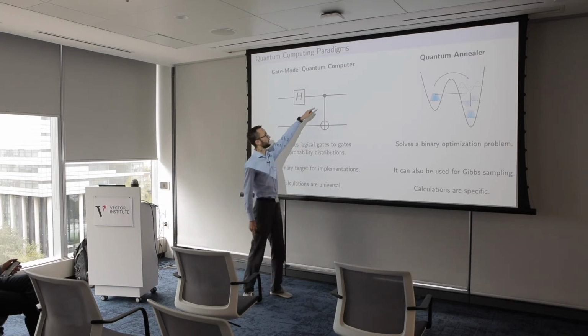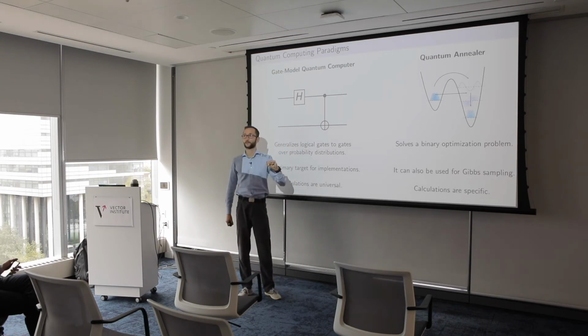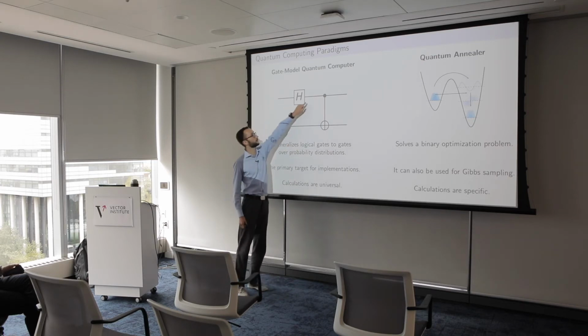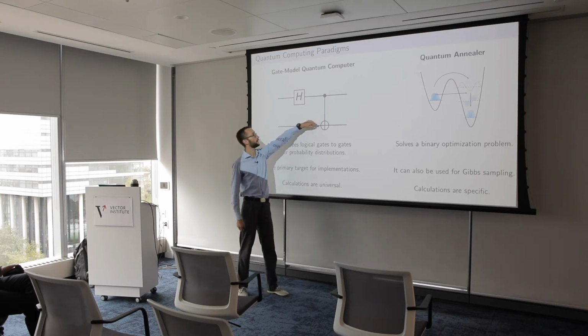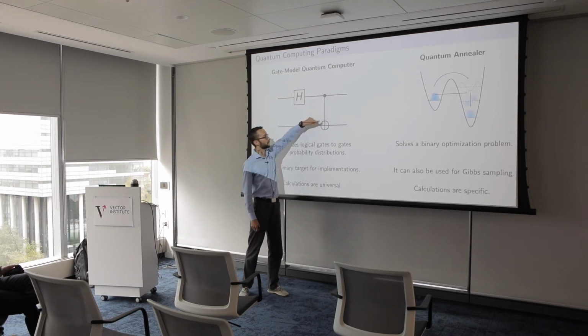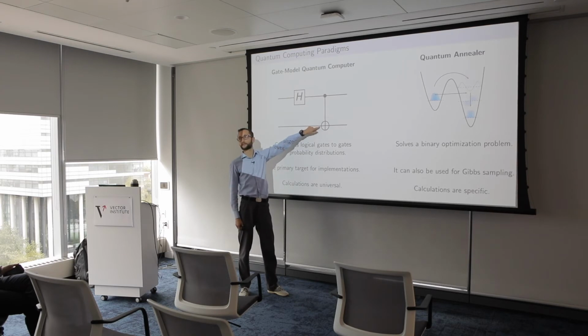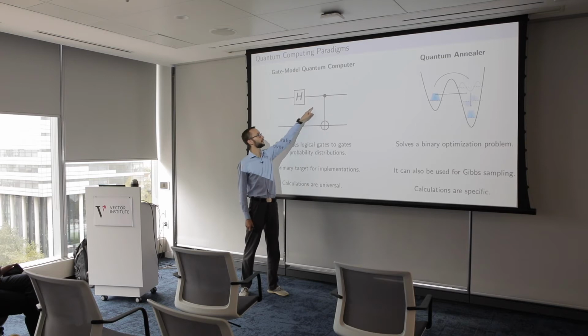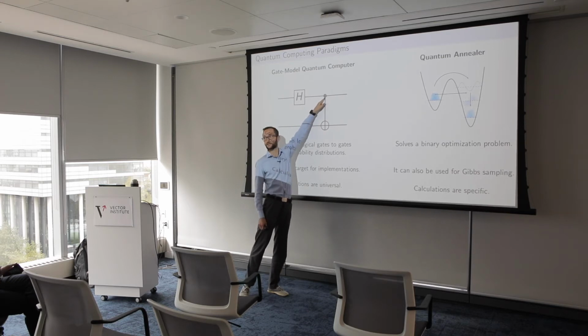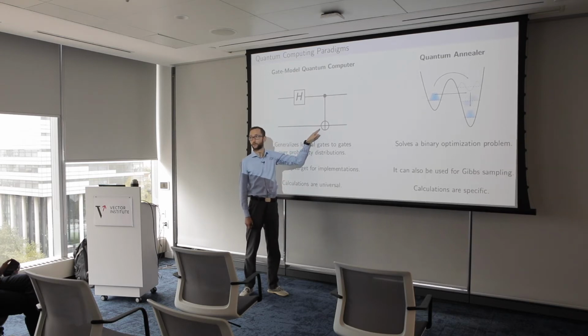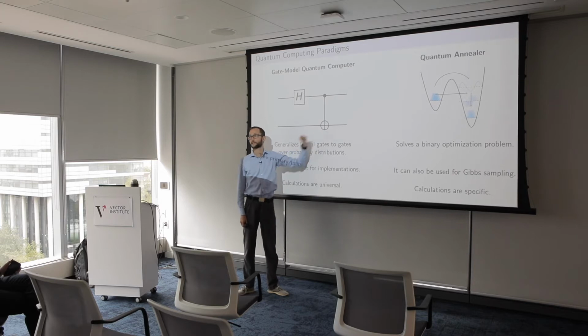And what this gate does is it's a controlled NOT. Every time this qubit is 0, it's not doing anything here. And every time this qubit is 1, it's going to flip the value of this qubit. But now you have a superposition of 0 and 1, which means that this control is both 0 and 1, so it will execute both, so you will always have something interesting happening here.